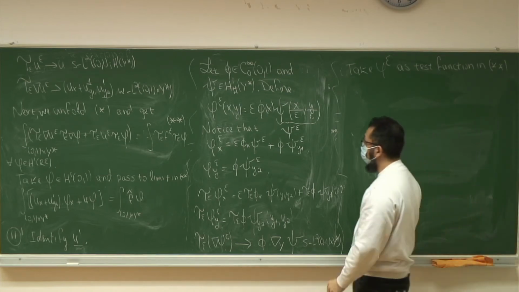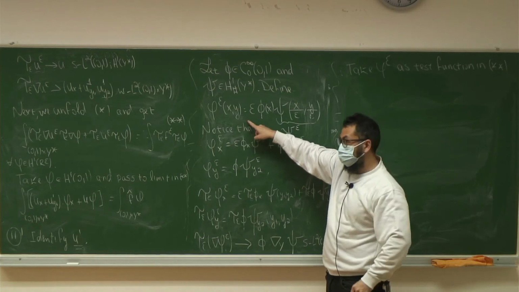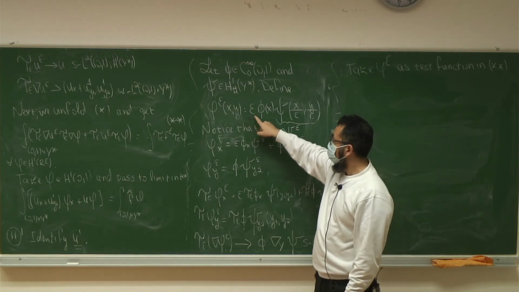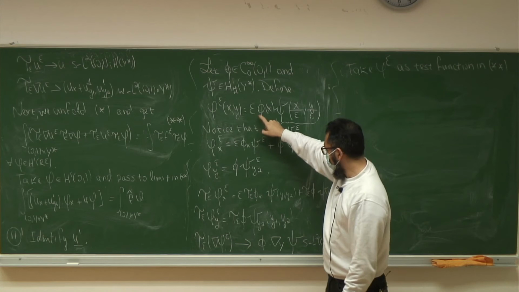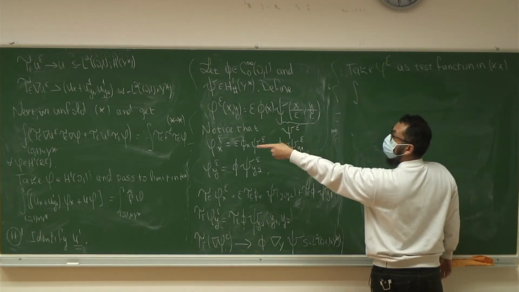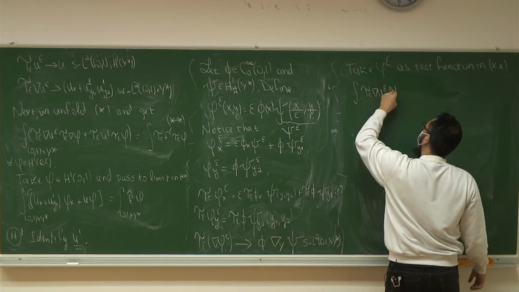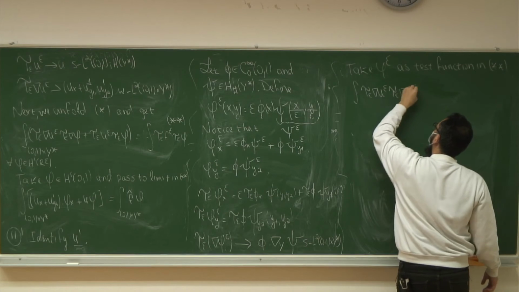I remark that if I apply the unfolding directly on the phi epsilon, it will converge to 0, okay? So we will have the gradient of phi epsilon plus